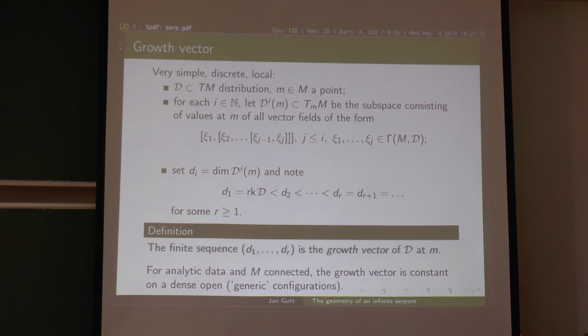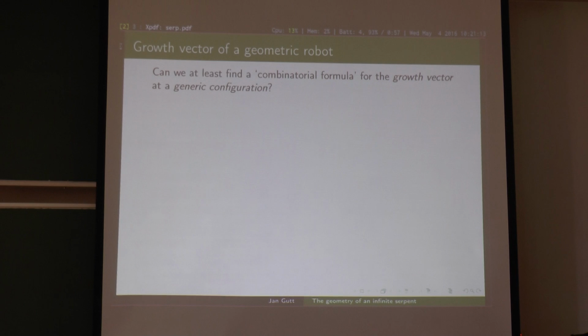Some robots are stuck in the corner. Exactly. And actually, those are also invariants of distributions. So those are important, but I don't want to go there. Okay. So back to geometric robots, the question is, can we find some combinatorial formula for the growth vector of